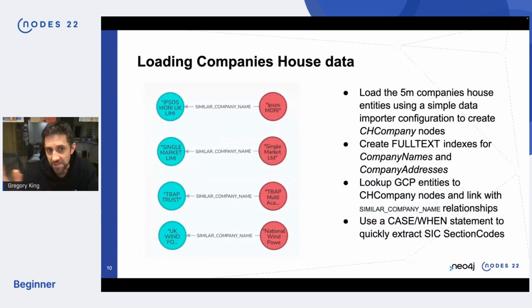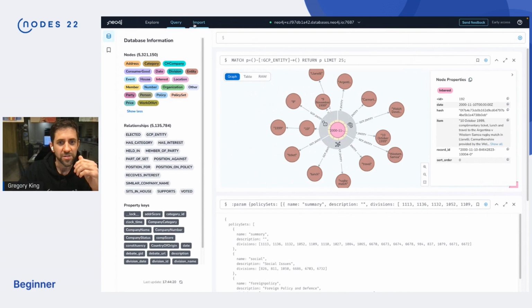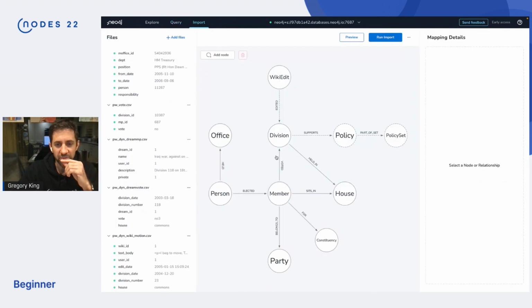So the final step in this analysis is looking at Companies House data, because the last link in my analysis was thinking, well, okay, we've now got a view. If we go back to our graph, we've got MPs, we've got the things they vote on for doing interesting voting pattern analysis. We've also, not shown in this graph here, loaded in the interests and how they link to those people. But what we don't have is an understanding of